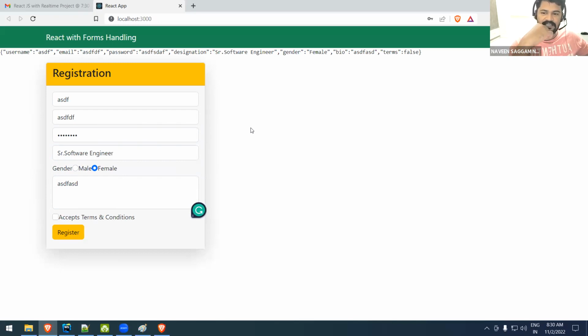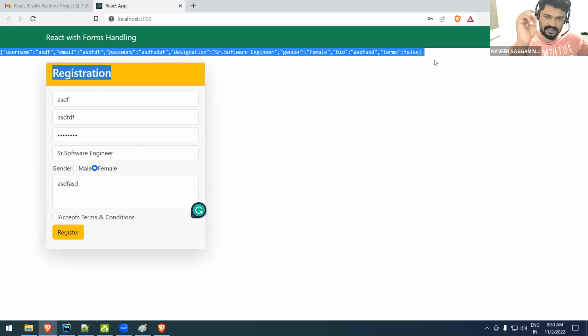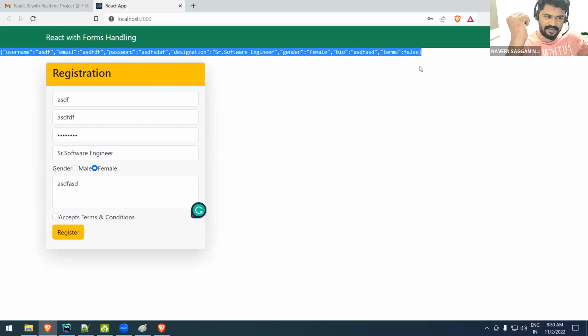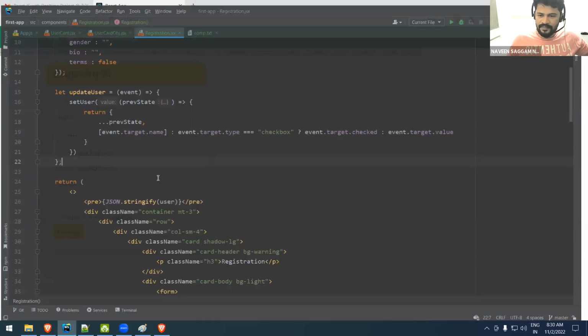One more thing is I want to submit the form data, right? You change the form, that's fine. Two-way binding happened fine, but ultimately when I click on the register button, I want to send this whole form data to the server. But we don't have a server connection. Just see in a console log how you will submit the form and how you can get this data. So click on register is a form submission event. So what I do,